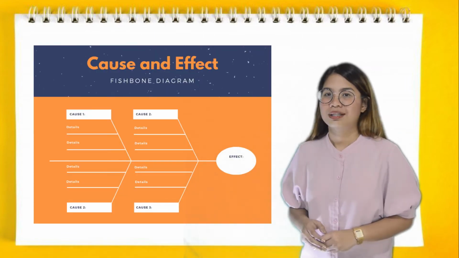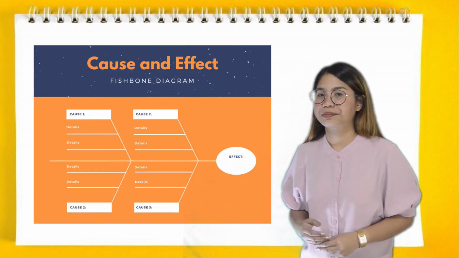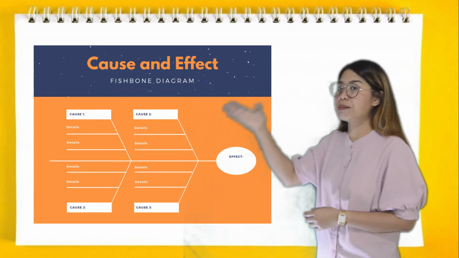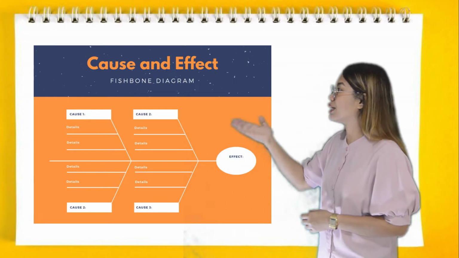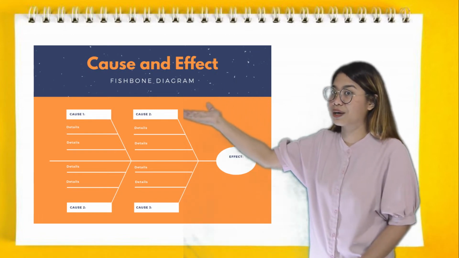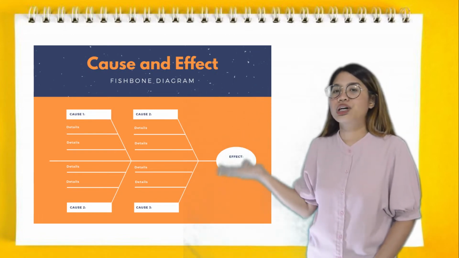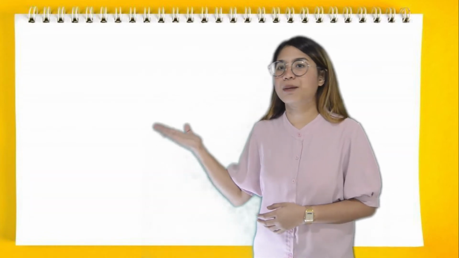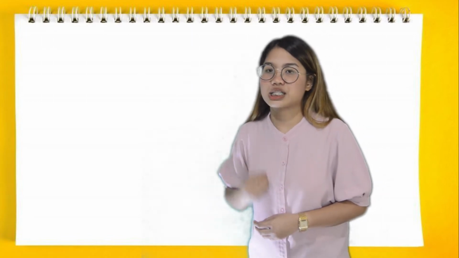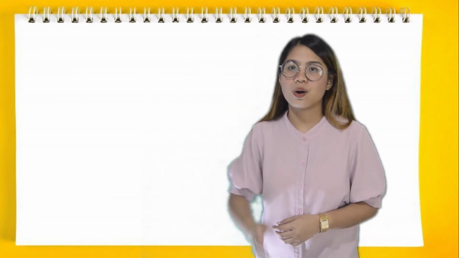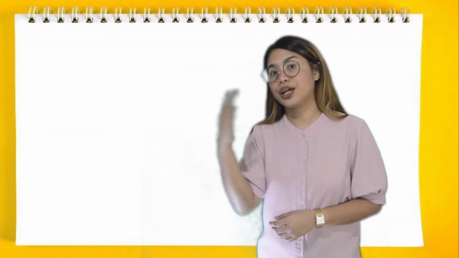So what's the best graphic organizer for us to use? I think it's Fishbone Map. Have you tried using it? So look at the Fishbone Map here. You can see here the cause category and the effect, which is the problem. With the cause and effect pattern, the writer can explain how an event or an action leads to another.